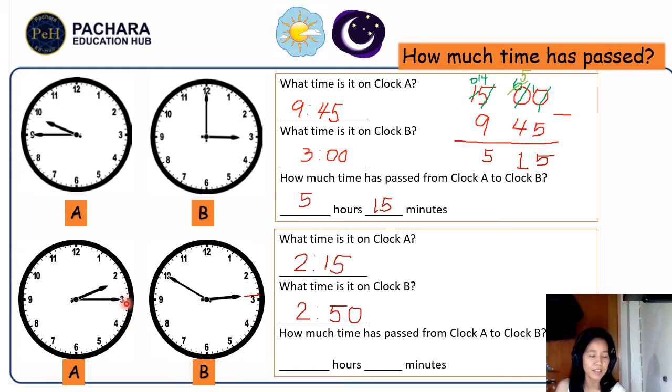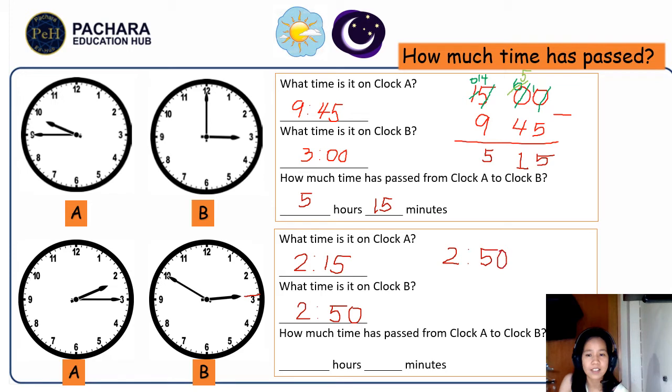So 15, 1, 2, 3, go. 5, 10, 15, 20, 25, 30, 35. Are you sure? Let's double check. We can subtract if you want. Okay, 250